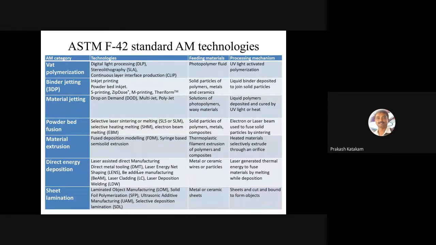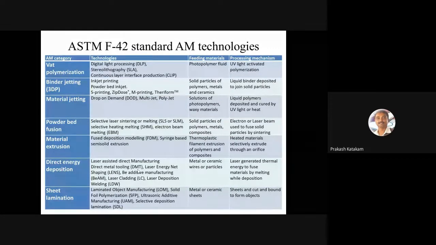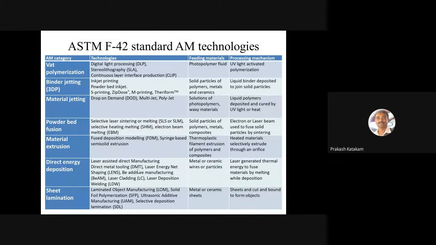We have powder bed fusion. In that, the powder bed is fused using a laser beam. And material extrusion. Actually, I wanted to discuss these things in a little more detail in the next slide, that's why I'm going a little faster here. Material extrusion is also well known as fused deposition modeling, where a plastic material is molten and deposited in liquid form. After it dries, we get the dry solid material.